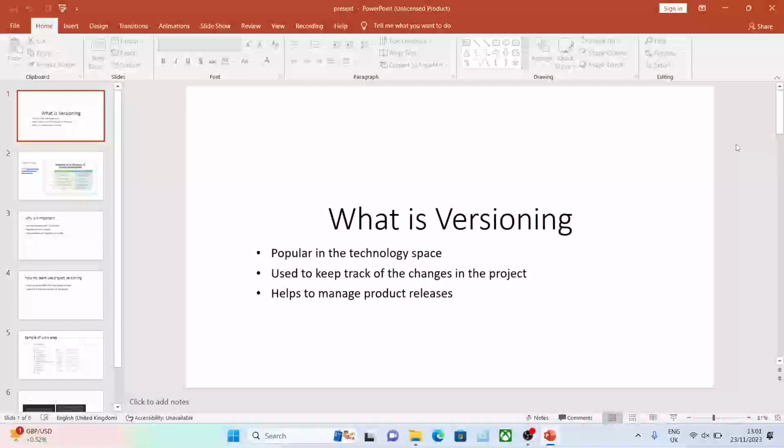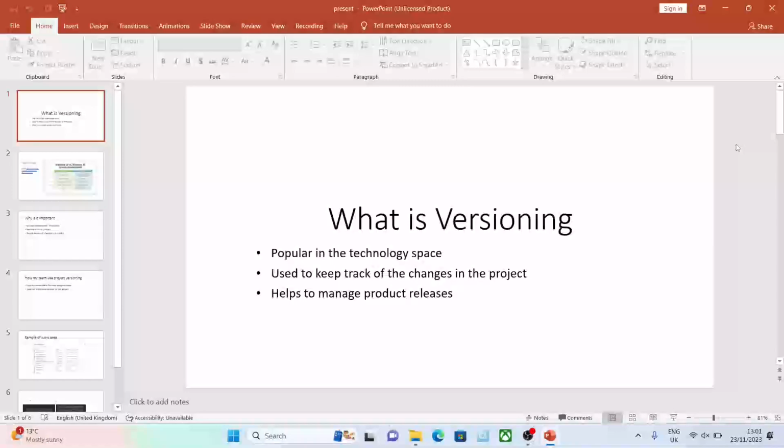Versioning is a popular method used in the technology space to create different versions of a project as well as to keep track of the changes in a project. Someone would version a project because it helps to manage the different product releases for a project.